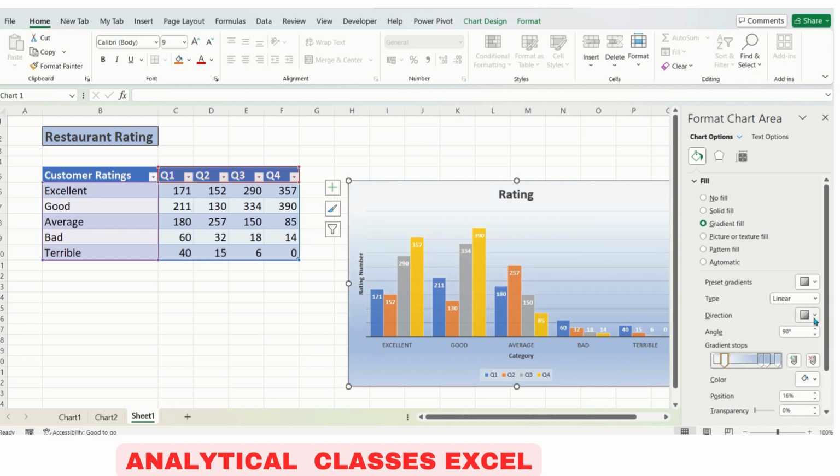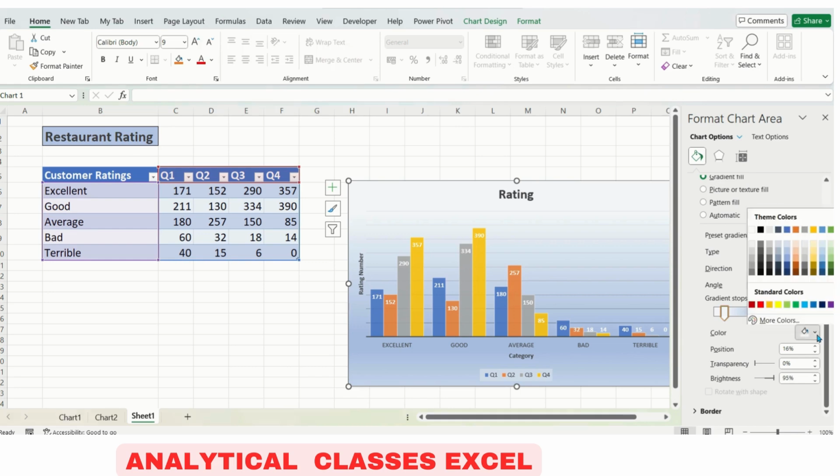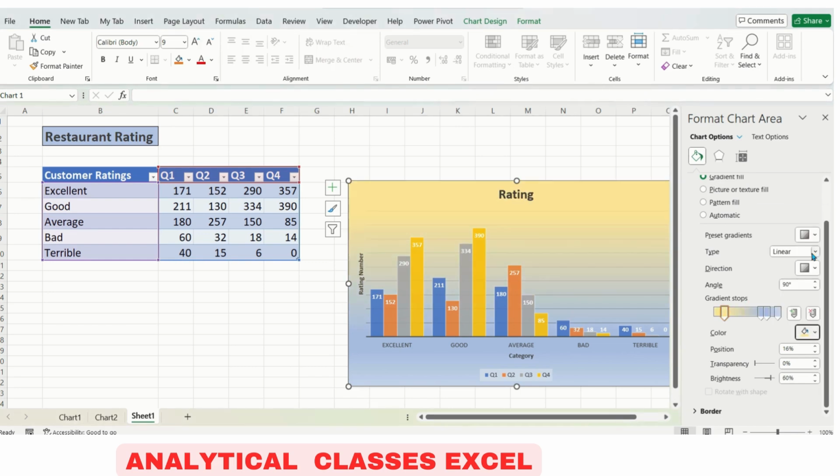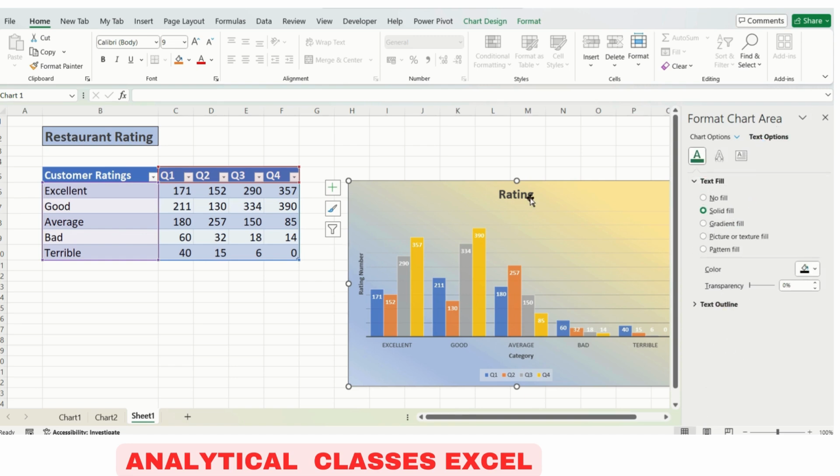You can change the color from here, like if you want things to be in light yellow, so you can change the pattern from these icons as per your need and as per you think the look will look good. So these are the text options from where you can change the text colors, design, styles.